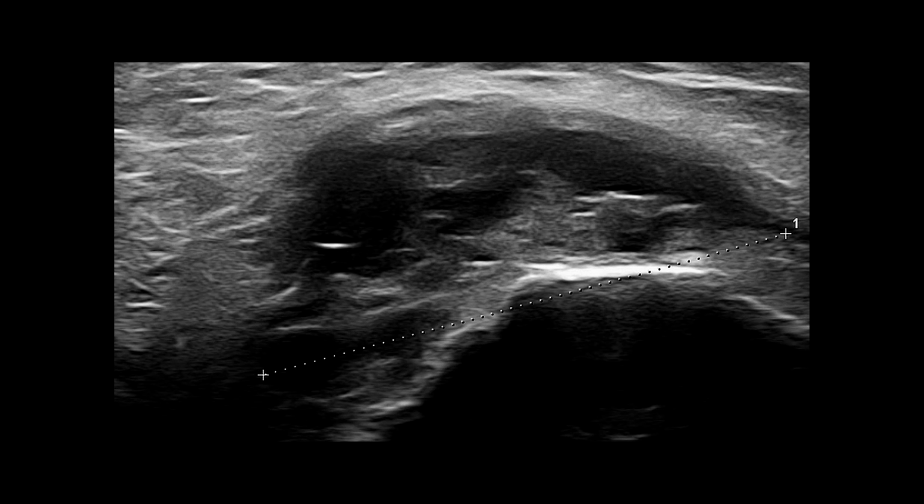In the transverse projection, the cystic lesion is again clearly visualized, confirming its fluid-filled nature and its relationship to the